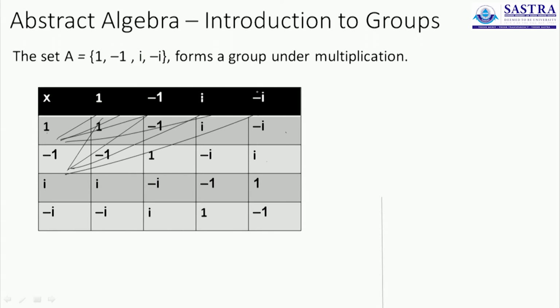I have given you all possible operands that can be done on this set, and we see that the set is pretty much closed. There is no product which is outside the set. You pick any 2 elements and multiply them, the answer always lies within this small set of 4 elements, which means the set is closed.